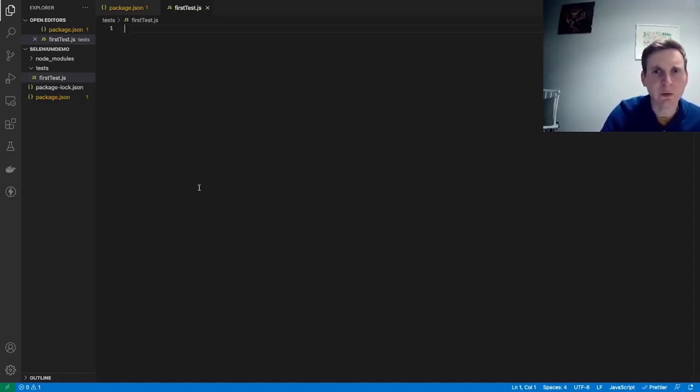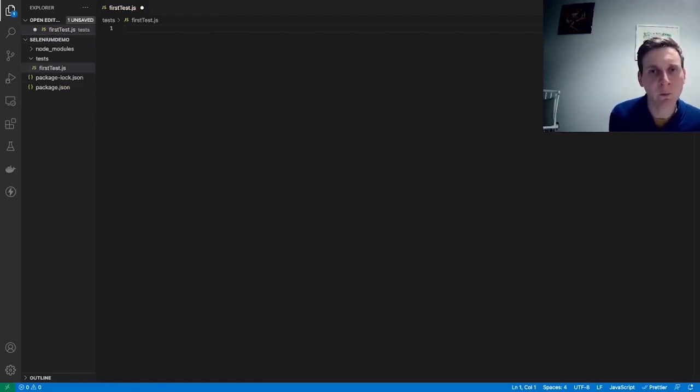You don't have to understand everything, but a little bit of understanding will go a long way as we write this test. The first thing we need to do is add a require statement at the top of our file. The require statement allows us to pull in specific functionality from a node module into our test. We'll be using Selenium WebDriver, so we'll need to require this node module in our test in order to use